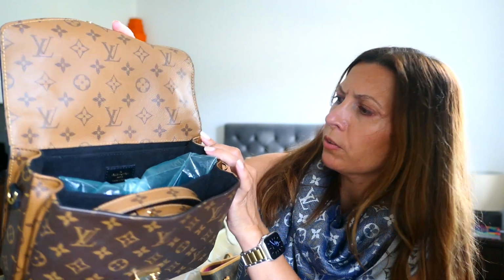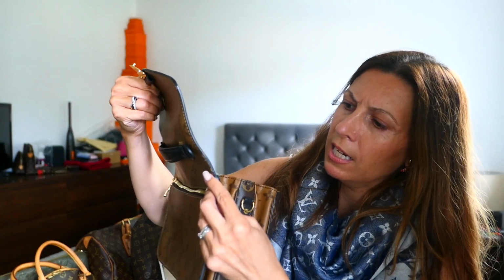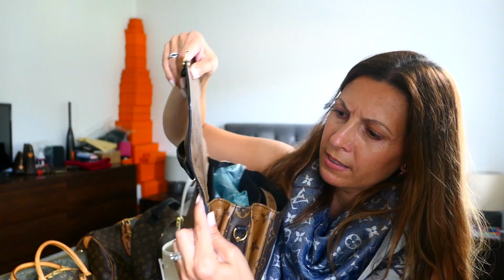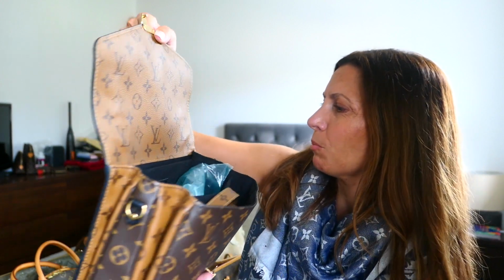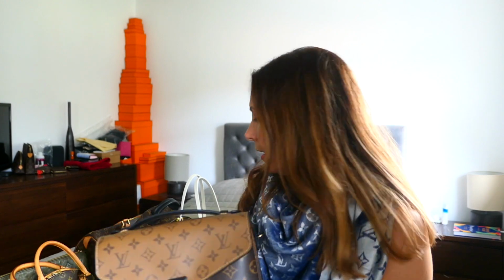Tiniest crack on the canvas, there on either side, but it literally is the tiniest thing. I haven't got any really bad glazing issues whatsoever. It's not even a proper crack. It's barely noticeable. So yeah, again, it's a great bag. I thought, do I sell this? Particularly since I got